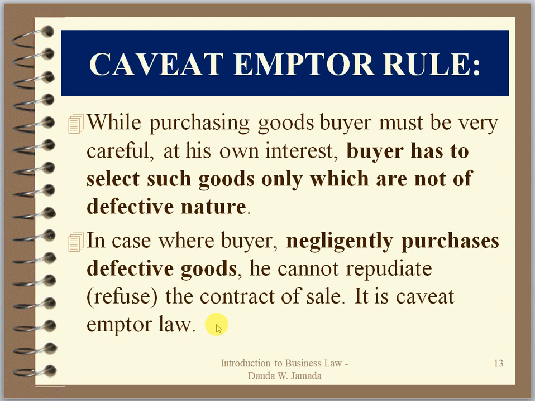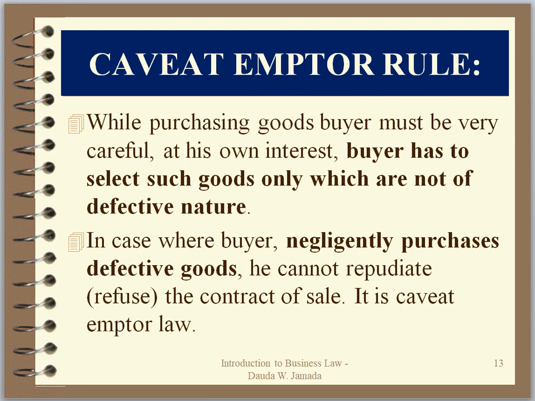Or maybe you go to the market to buy tomatoes, and you see for yourself that this tomato is spoiled. It's expired, but you take it to your home. It means that you have purchased that tomato negligently. You can see with your eyes that these tomatoes are not fresh. They are expired, but you decided to take them. So at this moment, you cannot return to the seller and say give me back my money. The seller at this moment is protected by a rule that we call the caveat emptor rule.